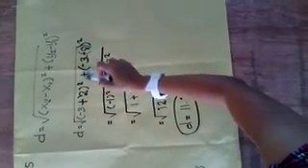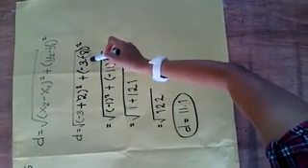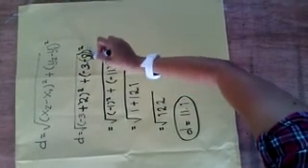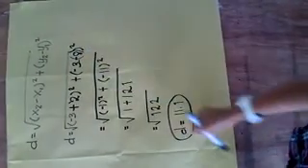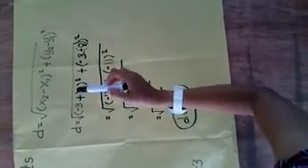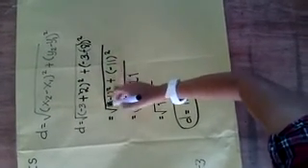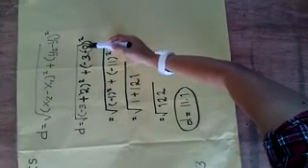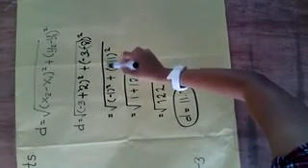Then we have distance equals square root of the value of x sub 2 is negative 3 plus the value of x sub 1 is 2 squared plus the value of y sub 2 is negative 3 and the value of y sub 1 is negative 8 squared. So we have negative 3 plus 2 squared equals negative 1, plus negative 3 minus negative 8 equals negative 11